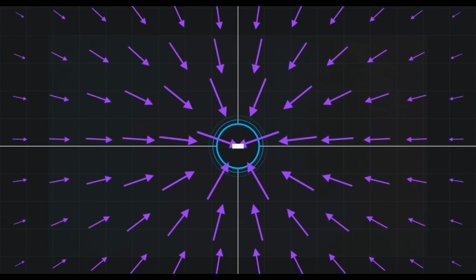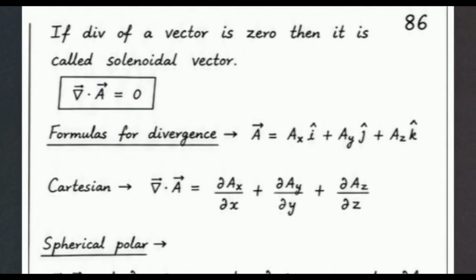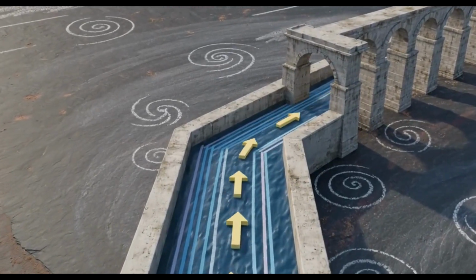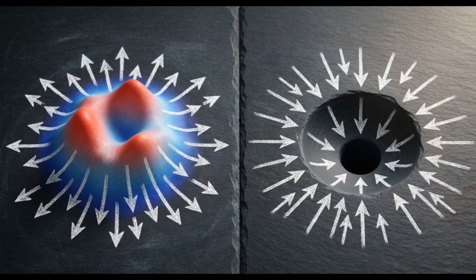If the water was being pulled inward, perhaps by a hidden drain on the riverbed, we would call that negative divergence, or a sink. These formal equations measure that exact spread. If the math shows zero divergence, it tells us the flow is constant, neither expanding nor compressing as it moves through a space. In plain English, if a river flows steadily straight down a channel without bunching up or thinning out, its divergence is zero. Divergence is simply the mathematical tool for finding exactly where stuff is being created or destroyed in a given space.